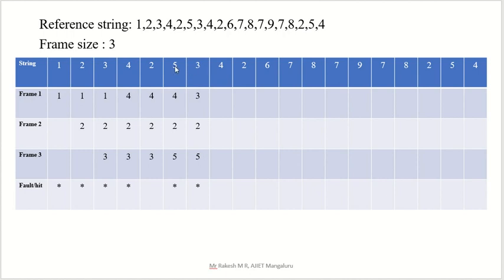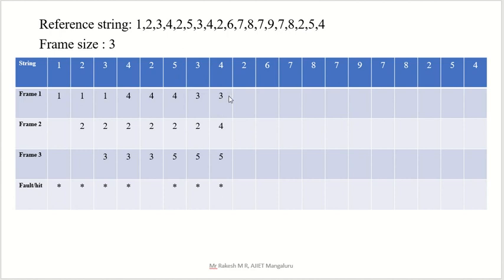3 is here, 2 is here, 5 is here. Out of 2, 5, 3, 2 is here. These two are recently asked. The last asked is 2, so replace 2 with the 4 here. Okay, that is also a page fault. Then go for 2. Is there any 2 entry? 2 is not there, that's why it is a page fault.